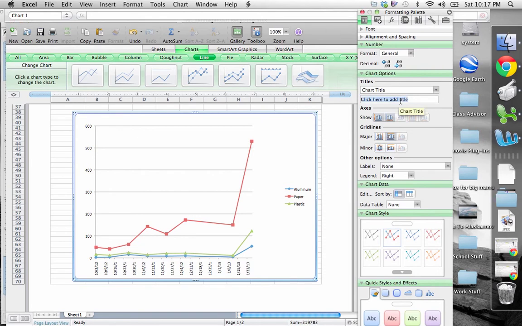So I'm going to do the chart title and give it a good name that tells anyone what this graph is about. So someone who has no idea what's going on in the school, no idea that we have recycling even taking place or what we recycle, they should be able to look at this graph and understand exactly what this is trying to show, okay? So the chart title I'm going to give is